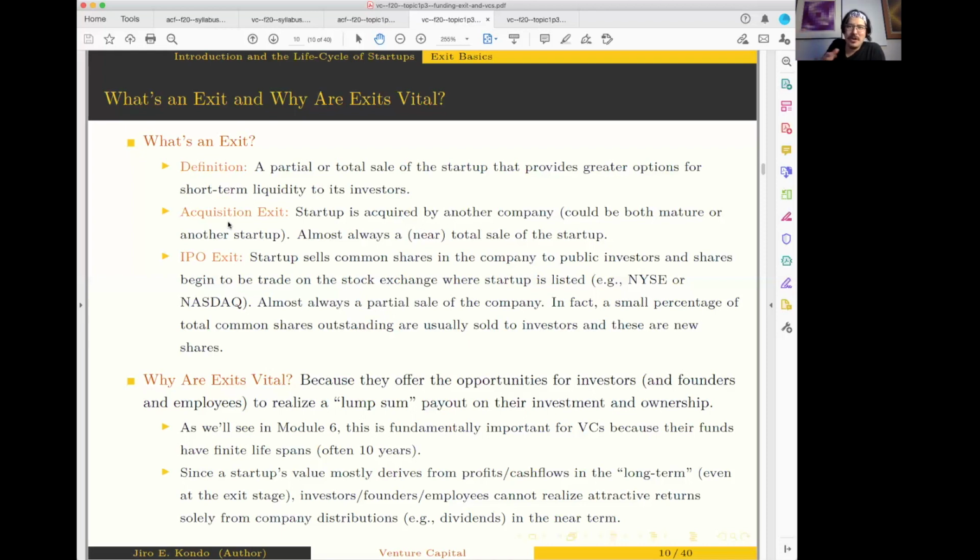Right? So with an IPO, the liquidity event only happens with a lag for all of these people if they want to sell out. And I'll talk more about the mechanics of the IPO transaction in a separately posted video a little bit later on. But just know, these exits can be either partial or total sales. The total sales really are the domain of an acquisition, and the partial sales are really the domain of an IPO for the most part.